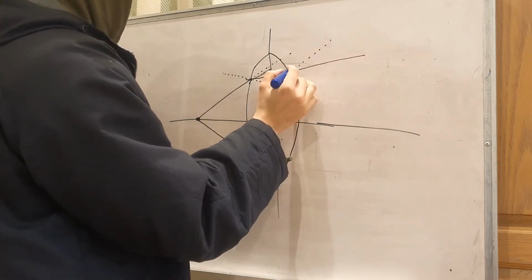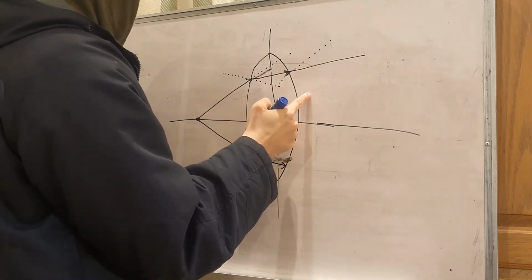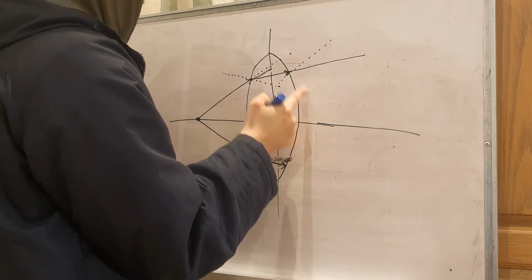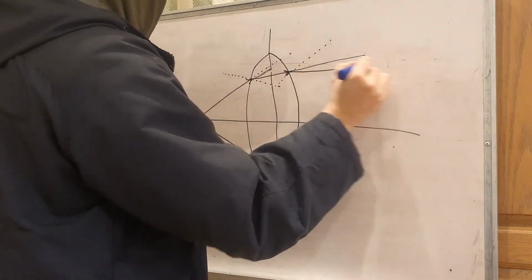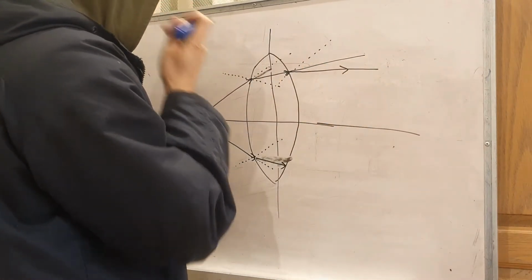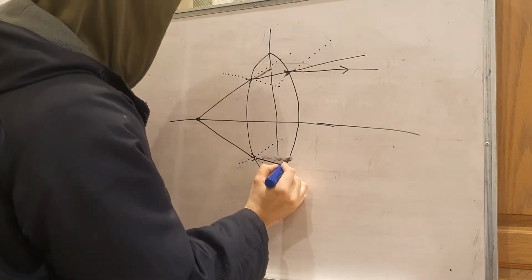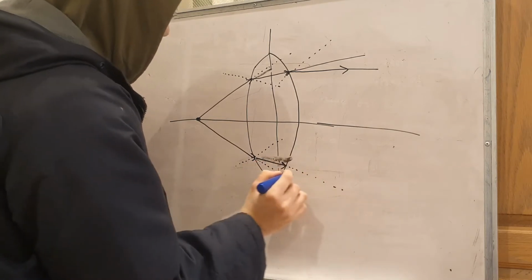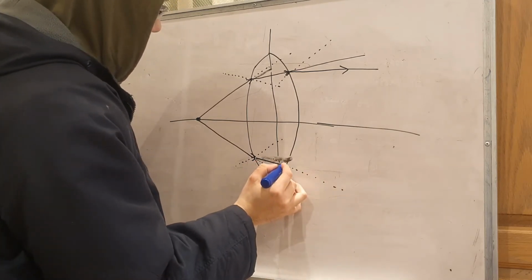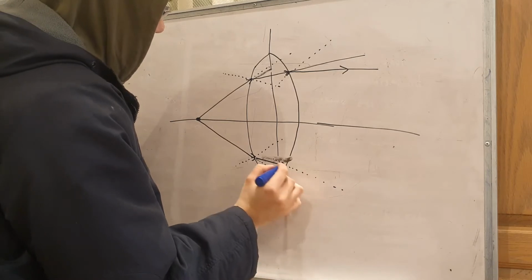However, because it's going to a less dense material, rather than going towards the normal, it would be away from the normal, so it would go more straight. Similarly here, the normal to this surface would be at right angles, so that would be at right angles like so. And again, it's going to less dense material, so it would have